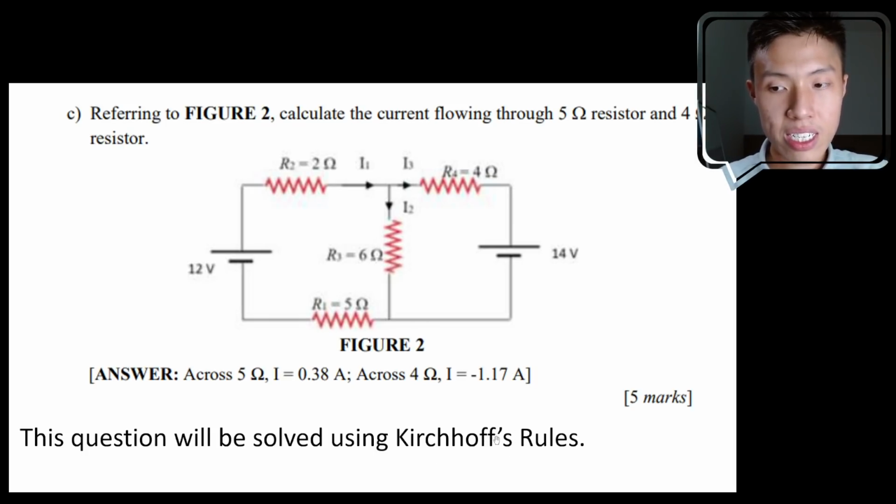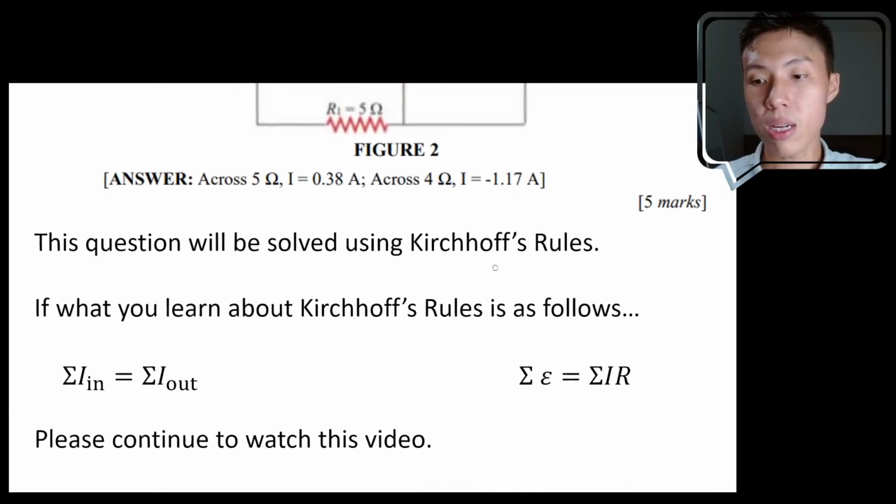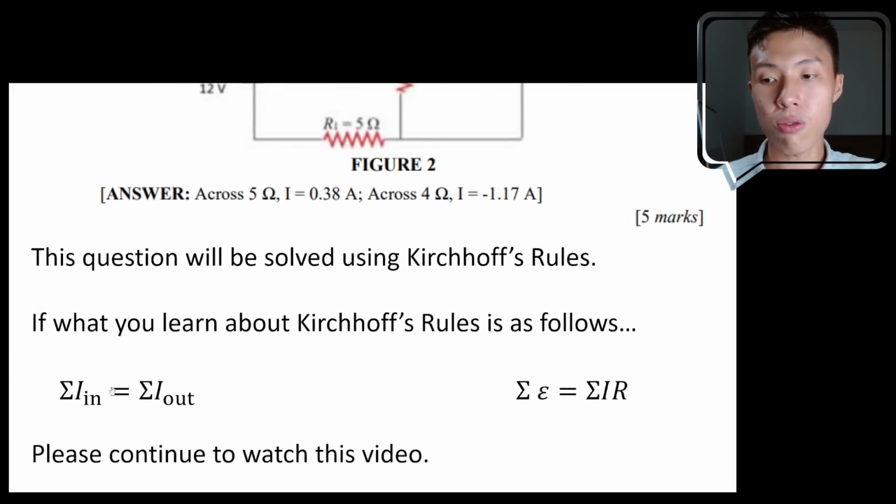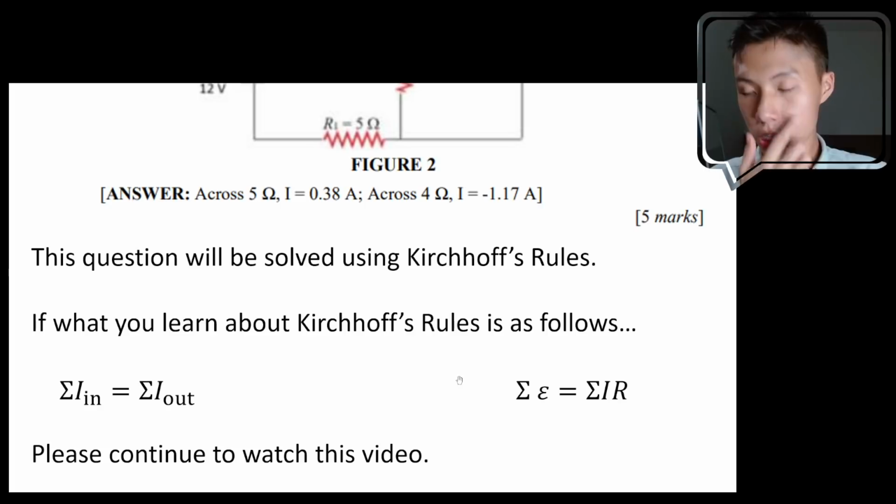But the thing is, different students solve questions involving Kirchhoff's rules using different methods. Some of you might be familiar with using sum of current in equals sum of current out, together with the loop rule, which is sum of epsilon equals sum of IR. If you usually solve Kirchhoff's rule using these two equations, then please continue to watch